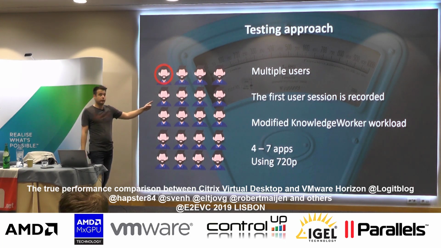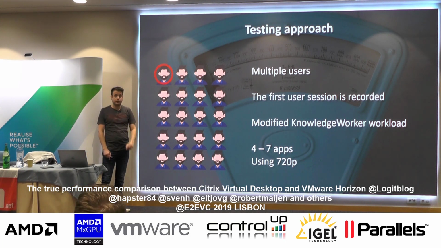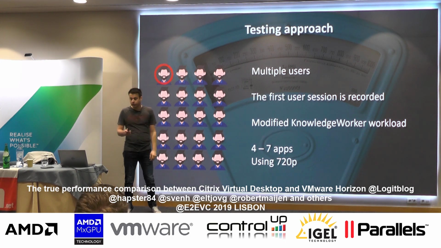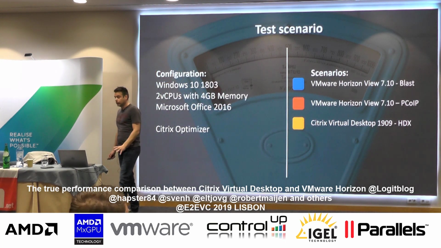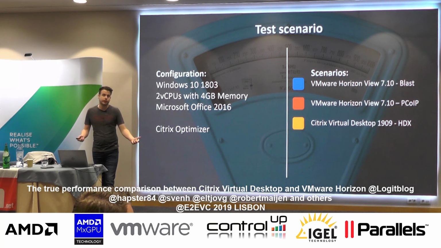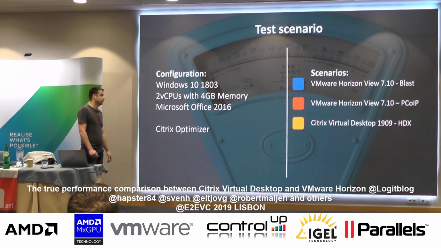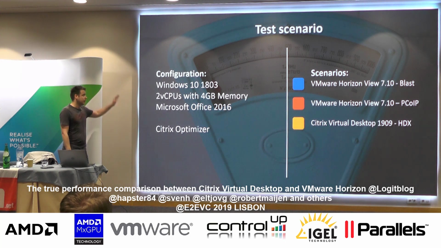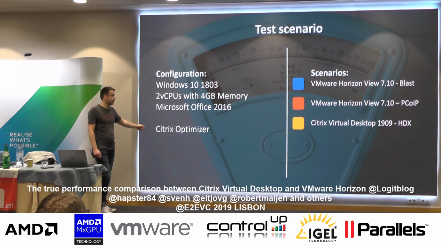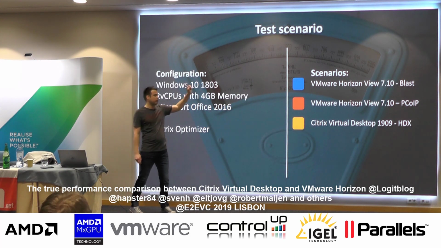And the first session that's running on the ISO thin client is also recorded. For this case, because of time constraints, the tests were done, I think, yesterday, I didn't include RDP in this scalability yet, because of time. Again, we got 1803, the default configuration, optimized using the Citrix optimizer, and we got the Blast,